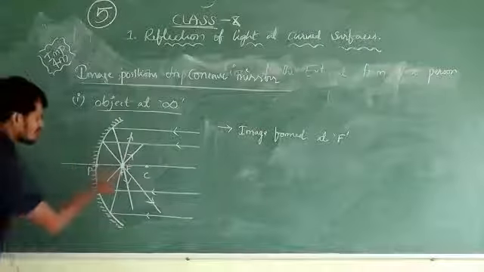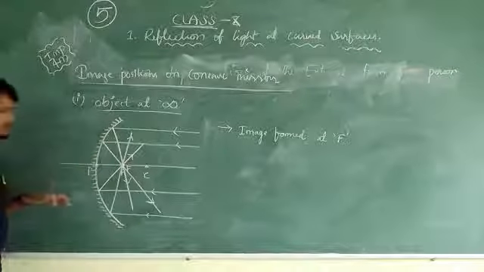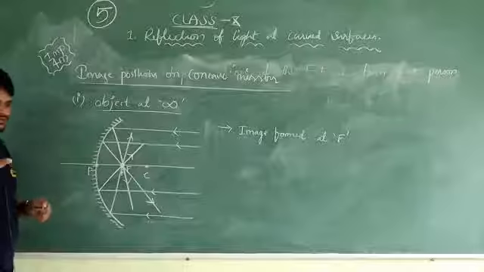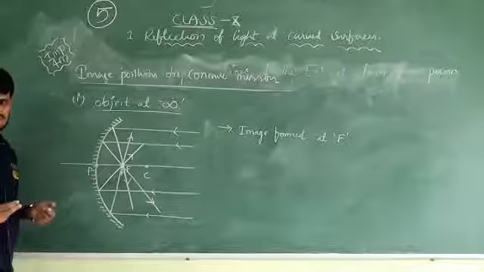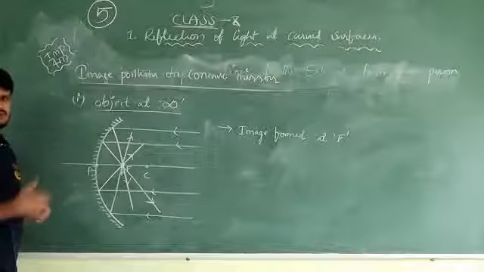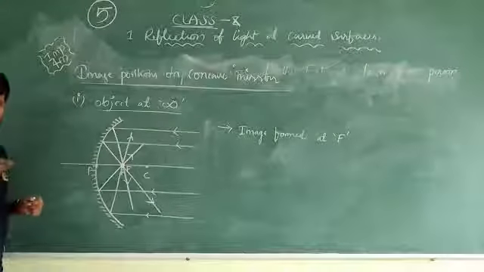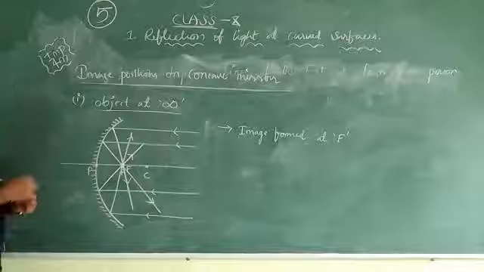Okay sir, how is the image formed? There is no mirror here. Mostly the image appears on the mirror. That is our past experience, what we have learned in previous classes: the image forms on the mirror. But a concave mirror cannot show real images on the mirror. It shows them in front of it.